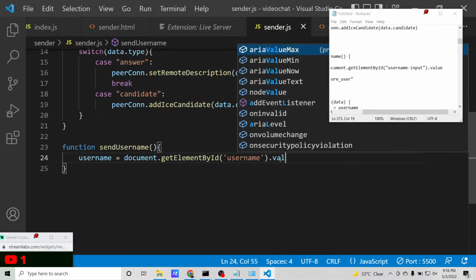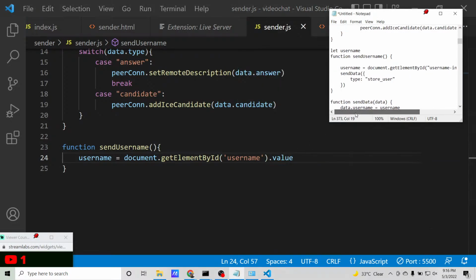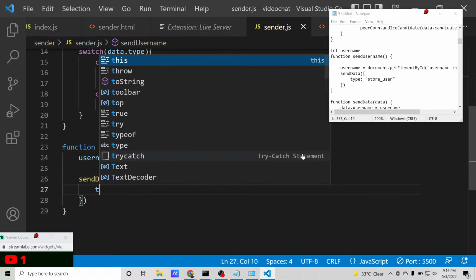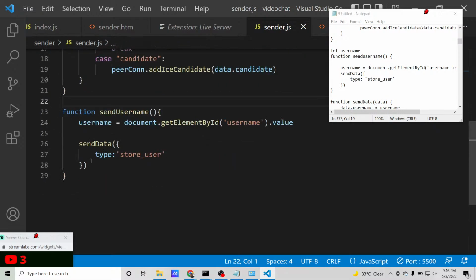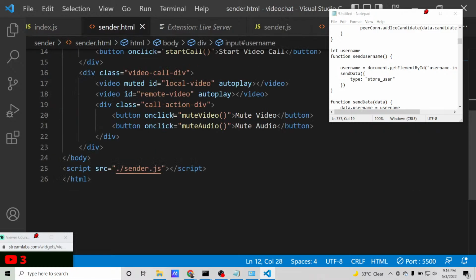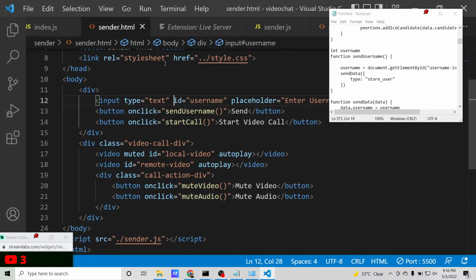dot value, and then we will send the data. The type parameter will be store user, and the second method we will write here, which will be,